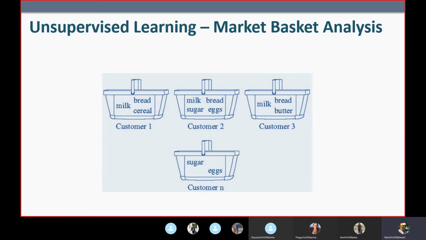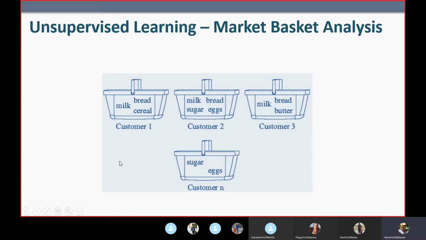Primarily on a Saturday or a Sunday, people who are buying diapers are also buying beer together, because it's the man's job on a weekend to look after the kid. That is why they end up buying beer also. So the retail store kept beer next to the diapers so that their sales increase. So this is an example of market basket analysis.